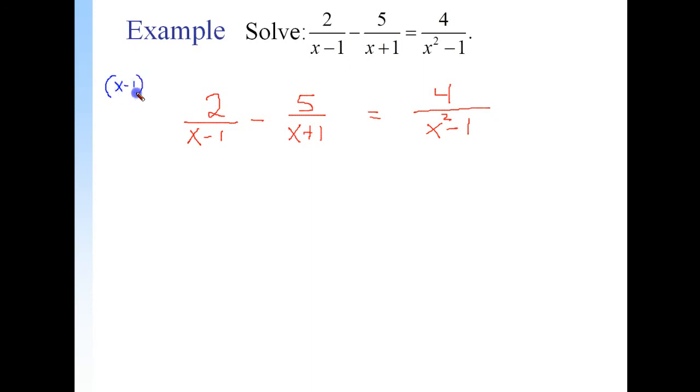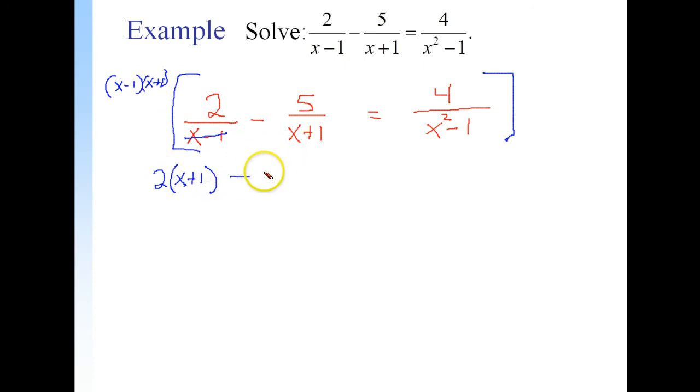x minus 1, x plus 1, and we're going to multiply it like so. Another way. I like putting it by each one, but we can also do it this way. Now here, this one cancels out, and we're left with 2 times x plus 1